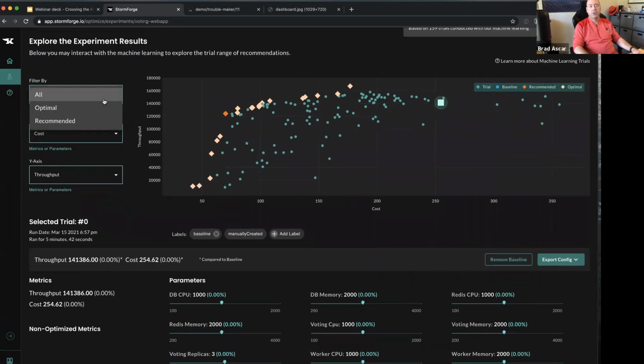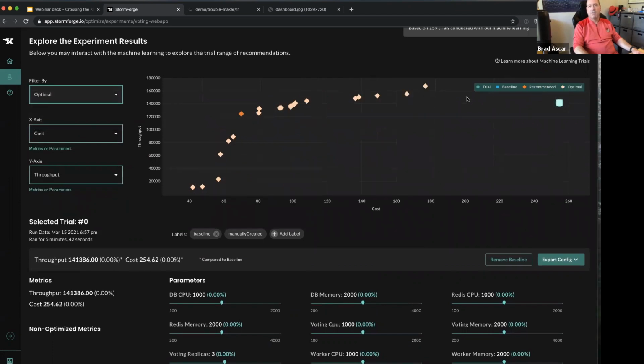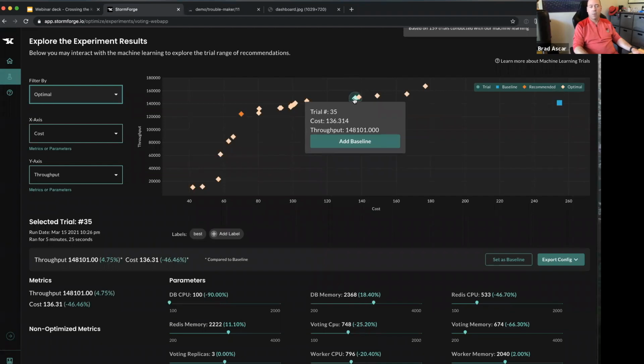Again, I'm going to drill back down to the optimal. And then from here, I'm going to pick a point. Now, it may be that I want to choose this point that is the one the machine learning picked. But in this case, there was actually a reduction in throughput. So I'm going to pick one that's going to give me a throughput that's equivalent or better than what we picked. So in this case, based on the changes that we recommended, so if you look at the bottom as